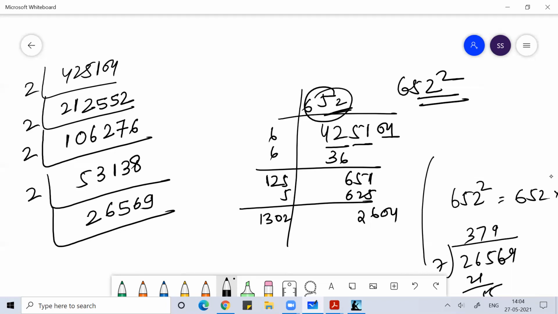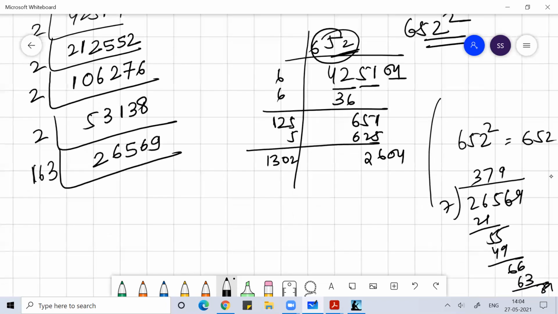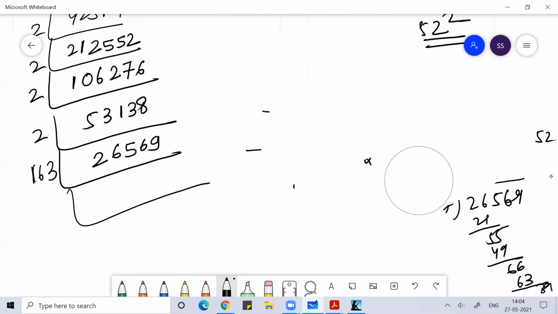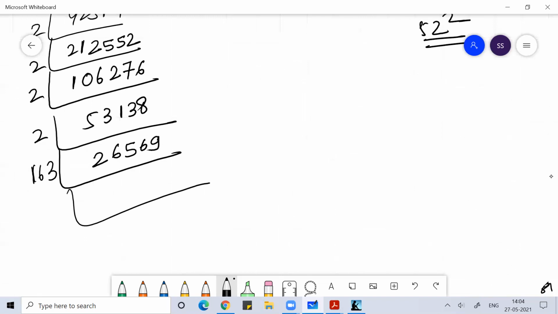लोग घुसा देंगे तो क्या कुछ नहीं कर सकते। 163 घुसा दिए, प्राइम नंबर है। अब यही प्रॉब्लम हो रहा है, 163 से जाएगा, ये 163 प्राइम नंबर है। अब ये सपना थोड़ी आएगा किसी को, उल्टा करके आएगा। 163, 26569, ये 163 से जाएगा।